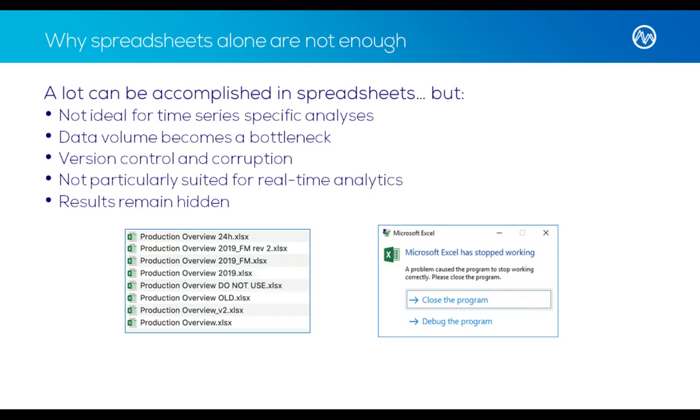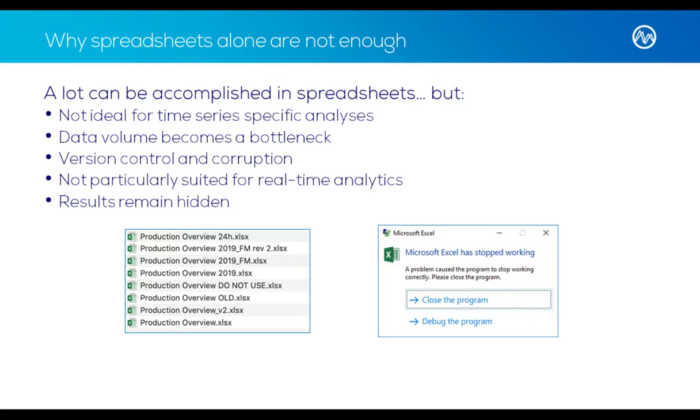You might even crash the program, or your workstation or laptop will hang. So that becomes a bottleneck real quick, especially also if you want to share your work. That becomes difficult. Version control is another topic, right? Even though with the advent of cloud tooling or network storage, that's become less of an issue. Still, people will send over a certain version over email, then you rely on somebody else to put it back on the network drive. So that sharing and version control is not ideal.